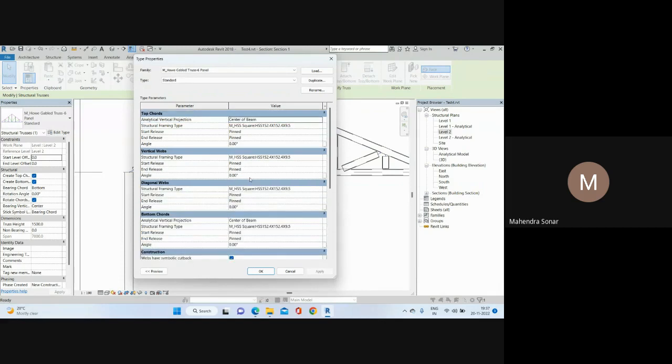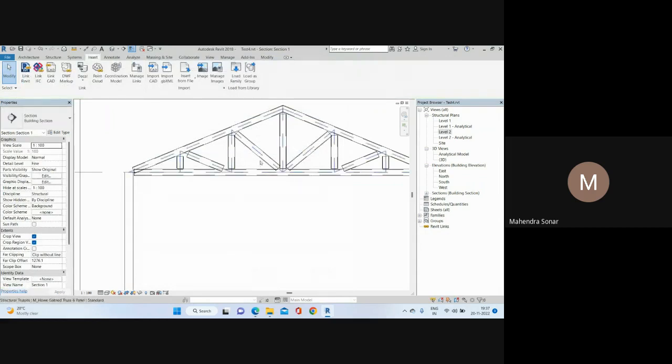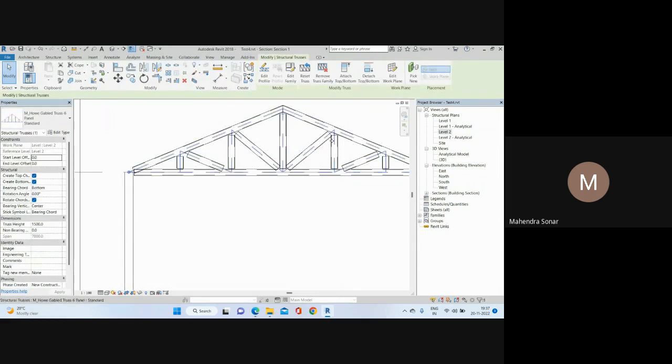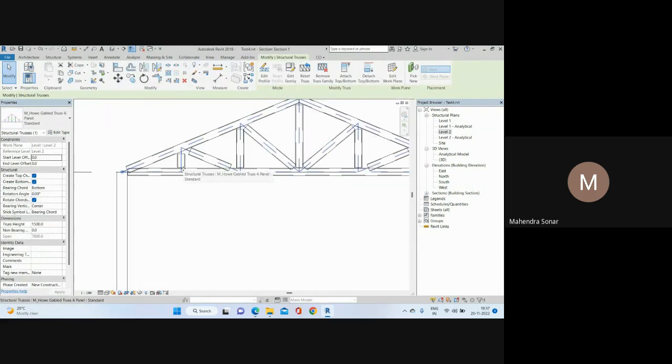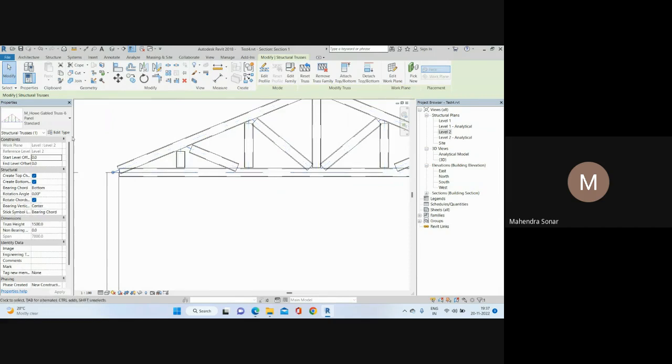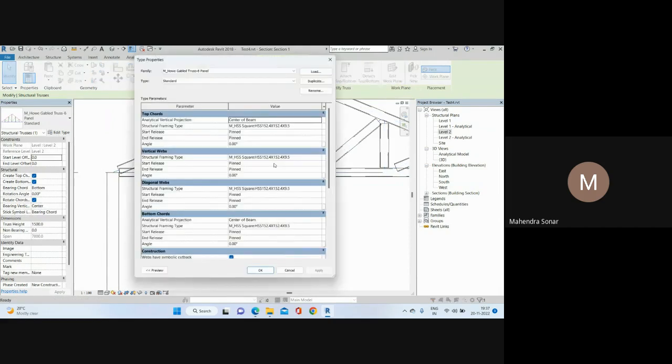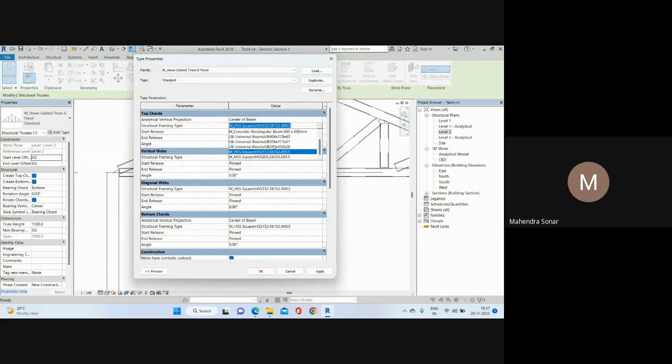So you need to first design your member, and if your size is not available here, what we'll need to do is ungroup this truss and manually add it here. If the size is not available in this tab, you can see UB305 and all those things here. But if, as per your requirement, your size is not available,